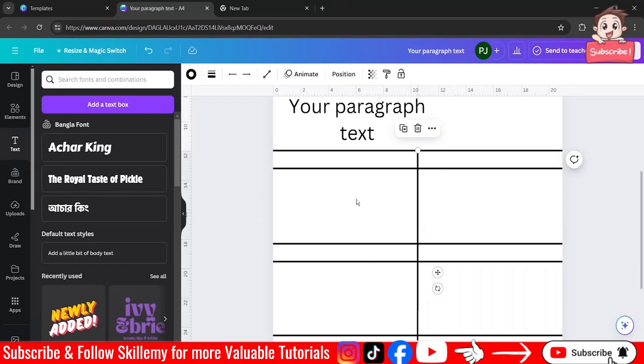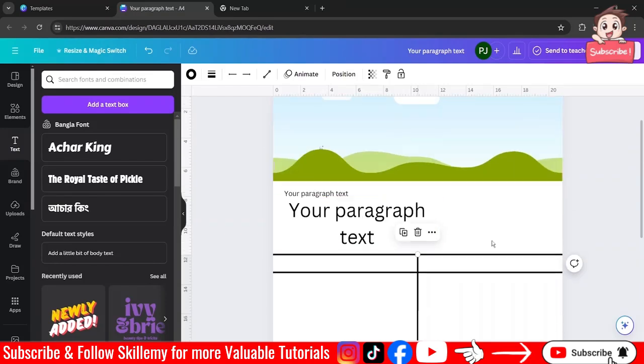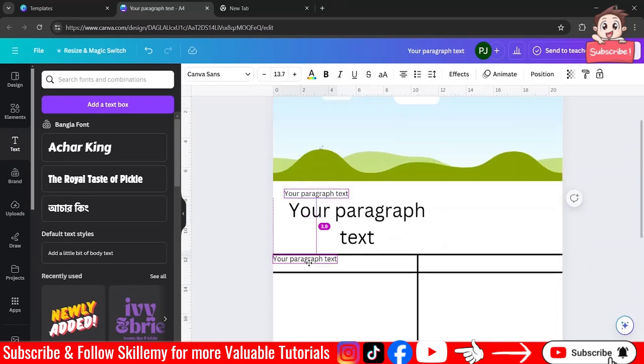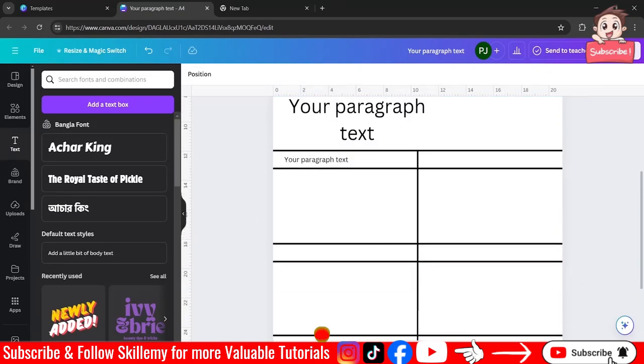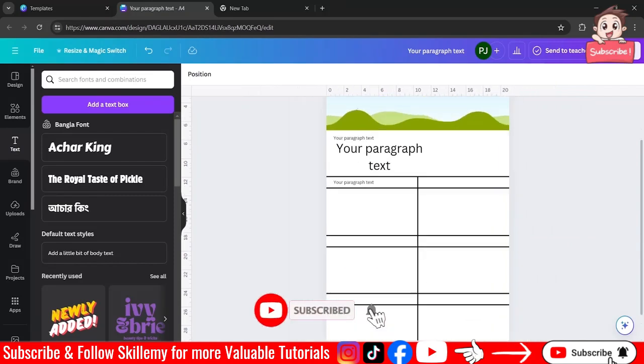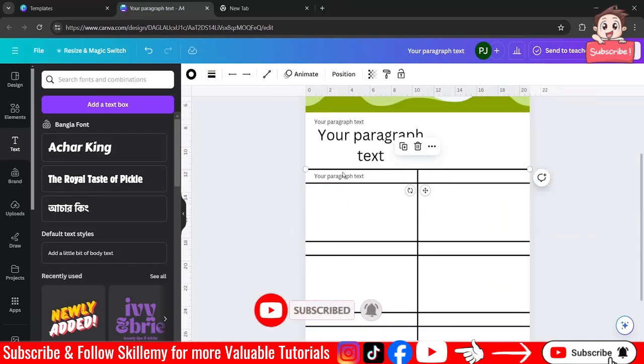We'll adjust everything, the color, all the text. Before that, let's place all the text over here, aligning the text. Alignment is done. Now let's decrease the size. Again, we'll select the text and make a copy of each text over here.